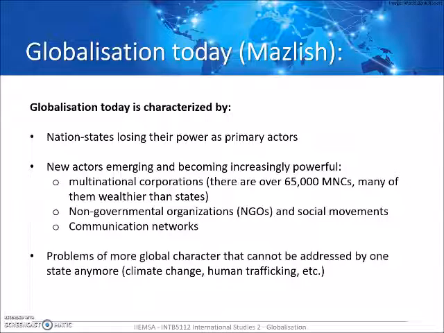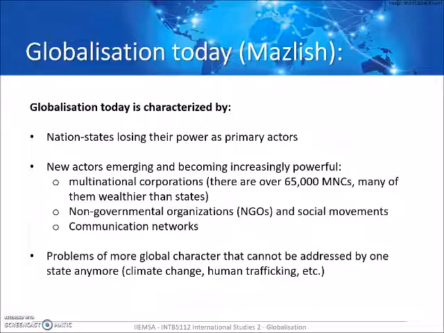And there can sometimes also be a threat to a nation state, because a government might want to impose certain things, and you have social movements that are actually strong enough to limit certain policies, often for the better. This does not necessarily have to be something negative, but it is a different power balance than what used to be. And a third one are international communication networks that have more and more power as well, because they move the information, which then influences decision making all around the world.